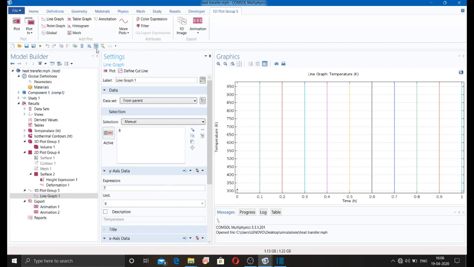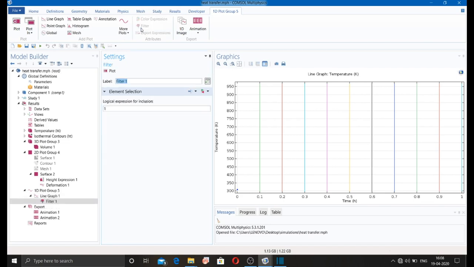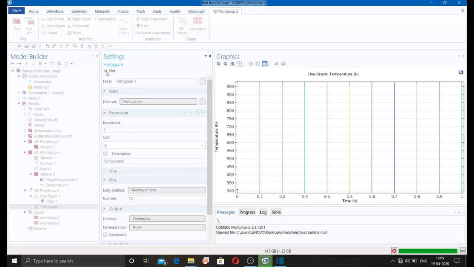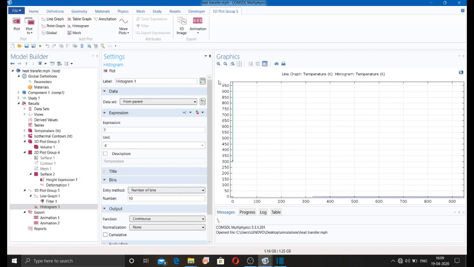Okay, likewise you can use filters, more plots you can also draw. You can use histograms, likewise.